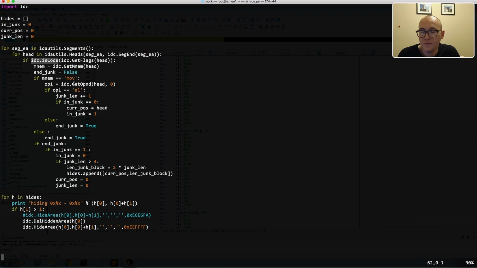And if they contain move AL, then we start a counter for the junk counter, basically. Once we fall into a condition where we don't meet either one of these conditions, where there's no move AL, then we pop down into njunk. And in njunk, what we do is we check to see whether we have at least 4 consecutive move AL